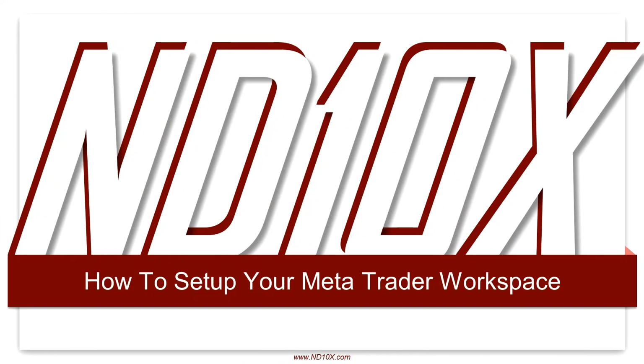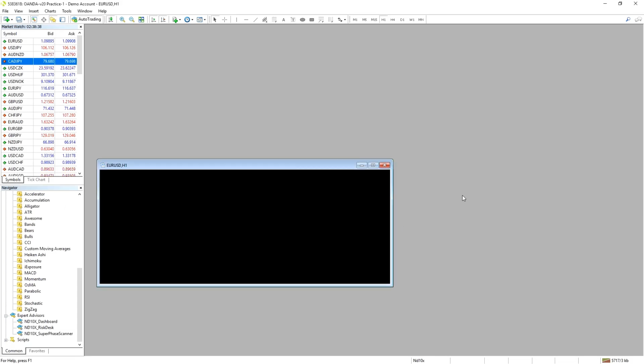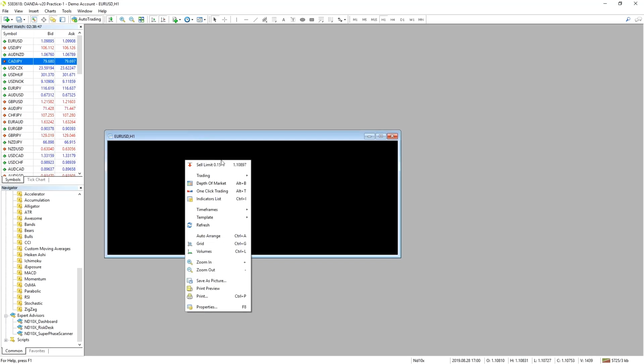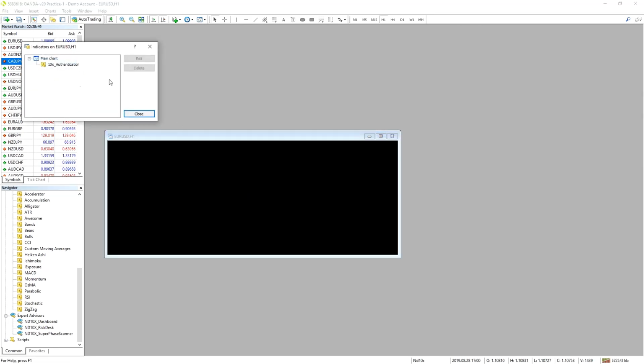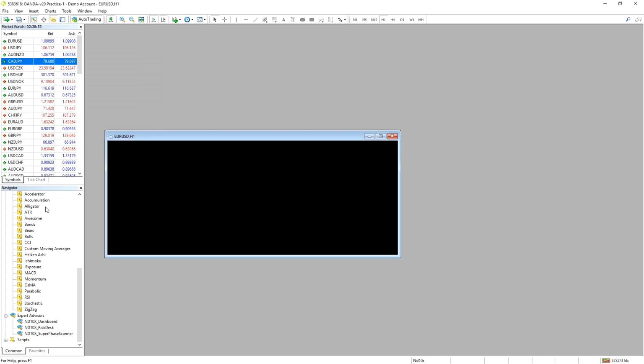How to set up your Metatrader for Workspace. So if we get to that Metatrader platform that we just set up, we only have one window over here, and that's the window where we have that authentication part. The part that I like to add here, just because we need that authentication always on, just to be able to load that